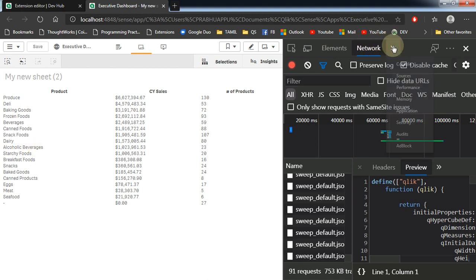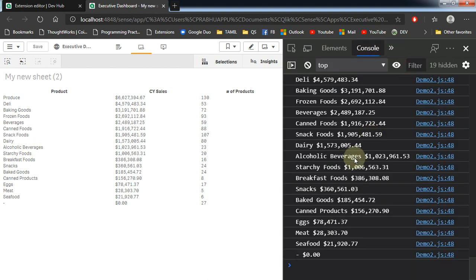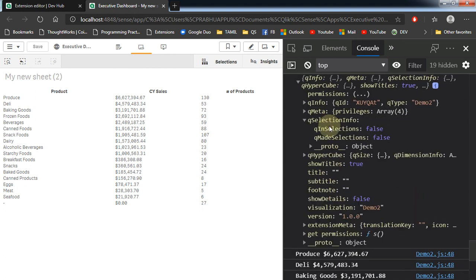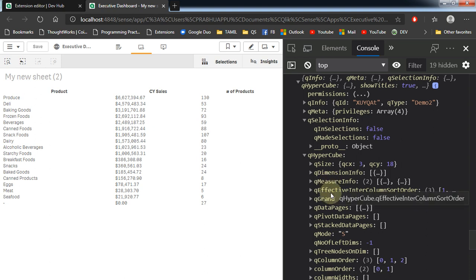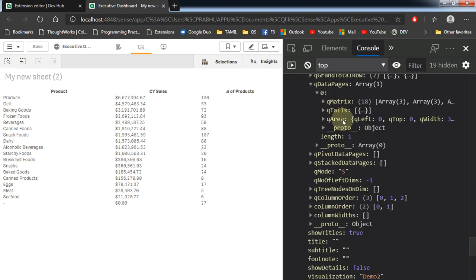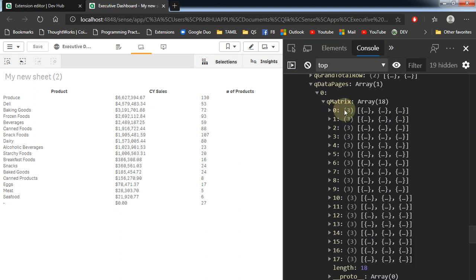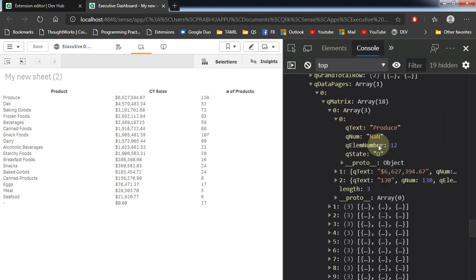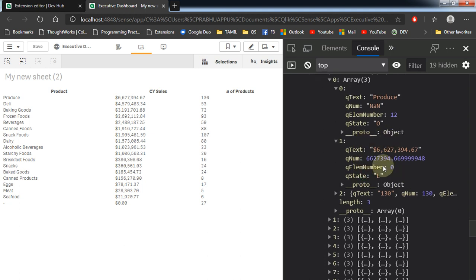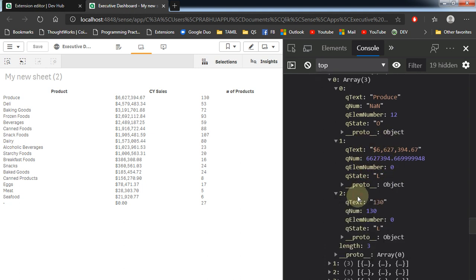To understand that, go to console again, and if you look at the data, matrix, and here we have the element number as 12, but if you look at the measure, the element number is 0, and here it is 0.